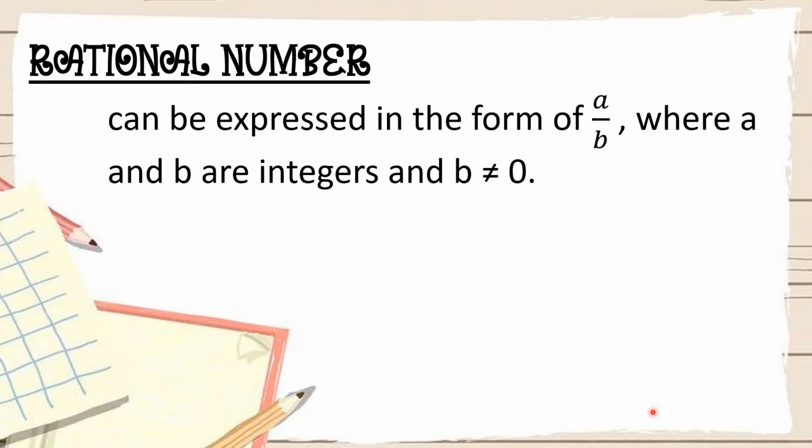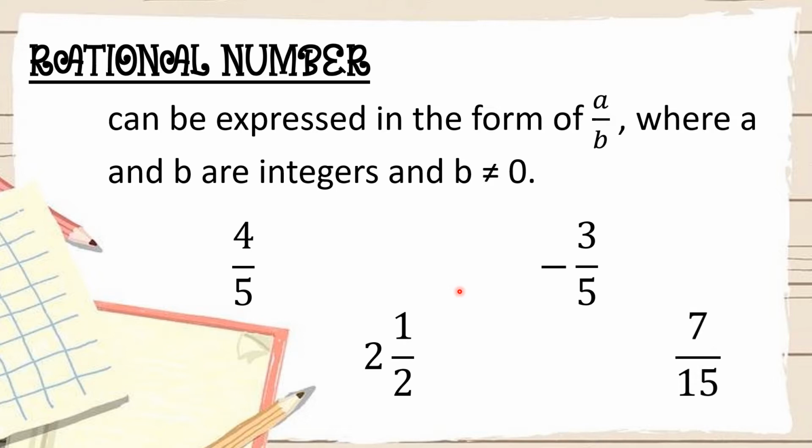So a rational number can be expressed in the form of a over b, where a and b are integers and b should not be equal to 0. So we have here our numerator and our denominator, which are integers, and our denominator should not be equal to 0. So the following are examples of what we call rational number. We have 4/5, we have 2 and 1/2, we have negative 3/5, we have 7/15, or 7 over 15, and